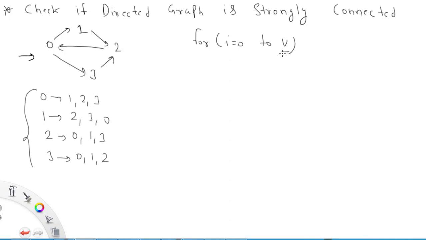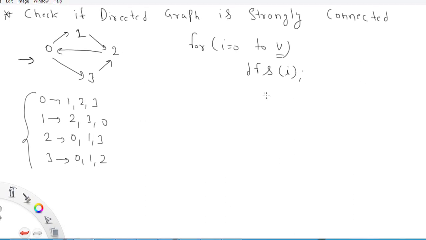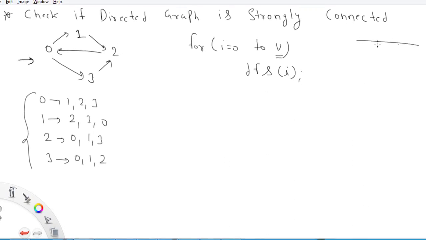So let's say if there are v vertices, I will operate for each and every index in this, for this one, this one, this one, this one, and for every point I will start the DFS on this particular point. And then once I have done this, you know that we take a boolean array, so here it will be 1 2 3 4. So now after covering the DFS I will check.